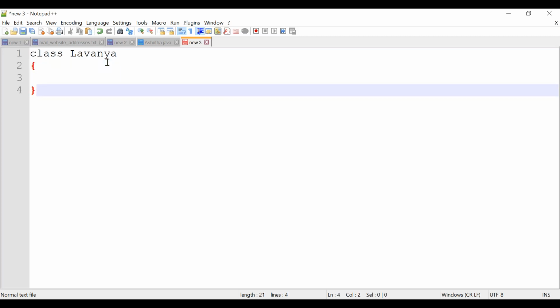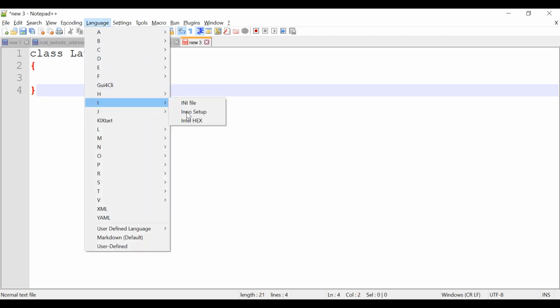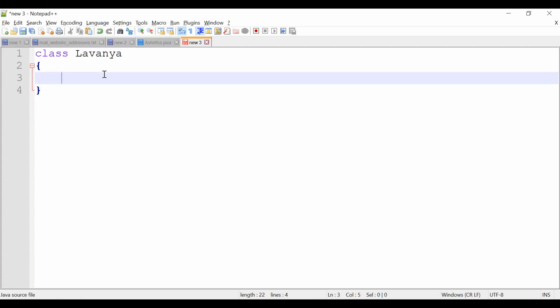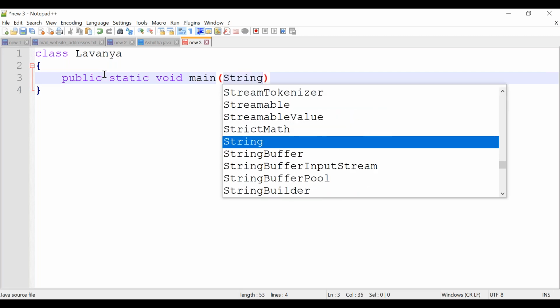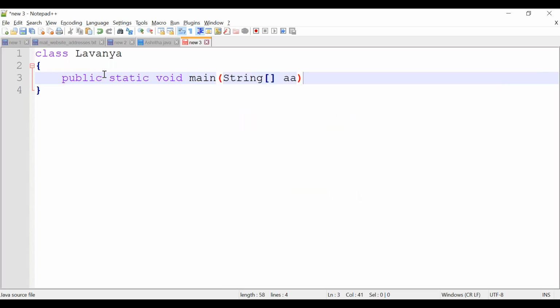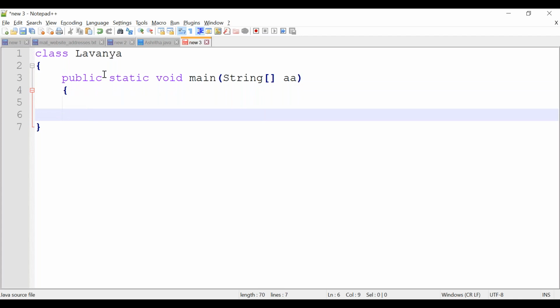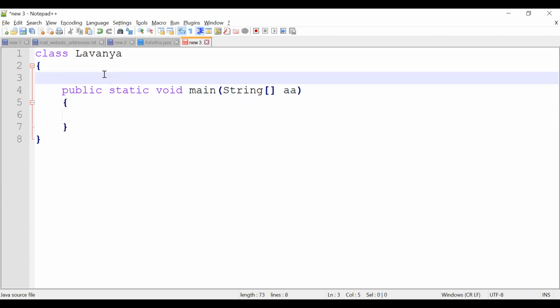I'm going with one more class. Let's go with public static void main. What I'm doing is keeping a static block, correct.